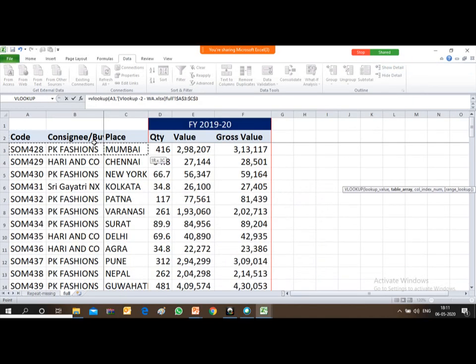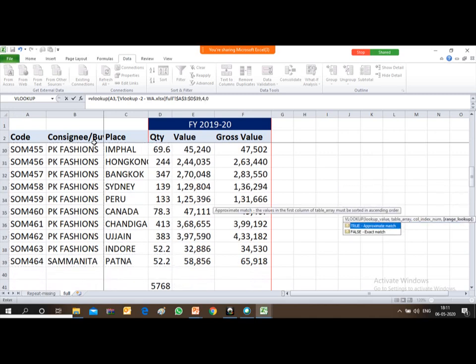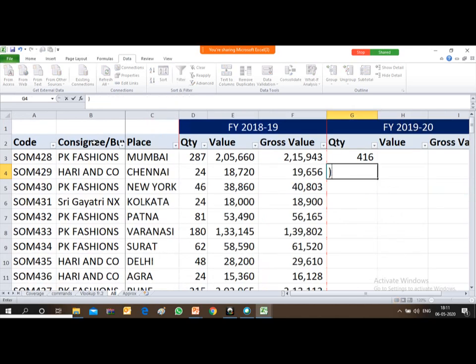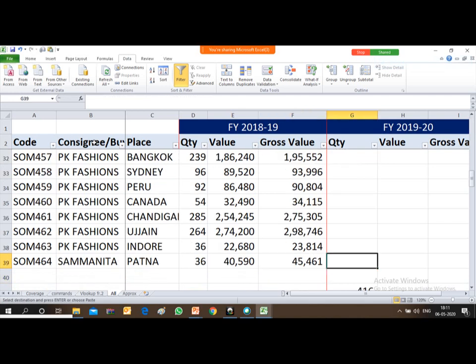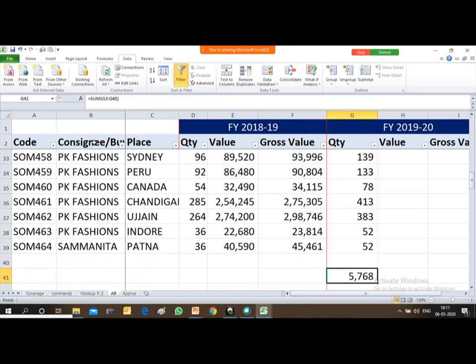So from code, now friends, type column number 4, then 0, then enter. Okay, so just copy this formula. This is exactly the same as what we started with. Now the total is matching.